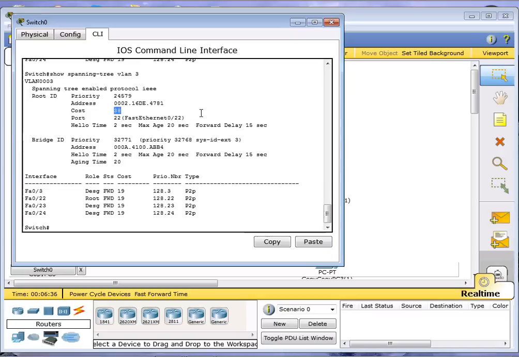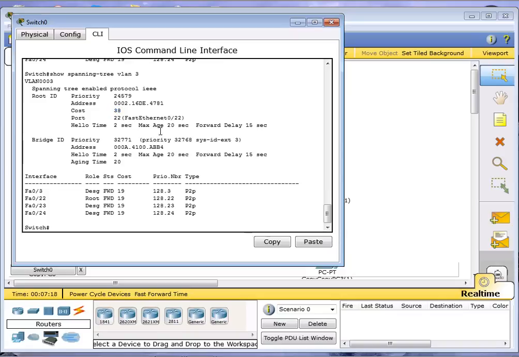Cost here is 38. That is the cost from this switch to the root bridge. We will use the terms bridge and switches interchangeably in this discussion of spanning tree because a switch is really a multi-port bridge. So spanning tree existed with bridges, and then when switches came about, they just kept the protocol because it existed. So the cost is how much it costs to get to the root bridge, and this cost is based on the interface types that the traffic has to traverse. So in this case, I know the cost for a Fast Ethernet interface is 19, so I know the cost to the root bridge is 2 hops of 19, so I know this switch is 2 hops away from the